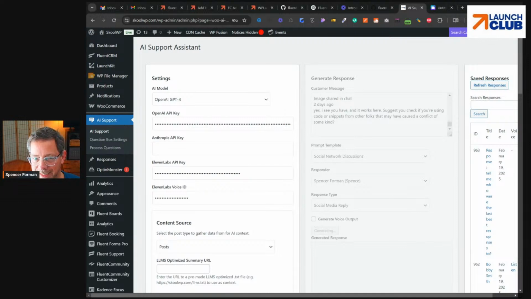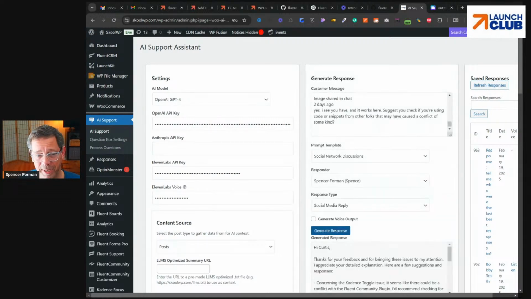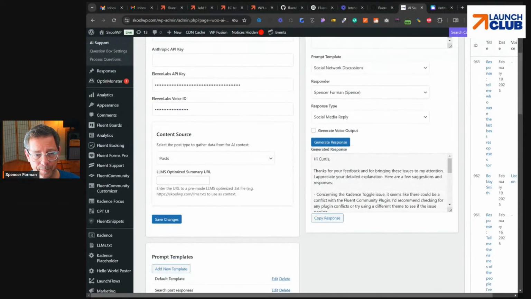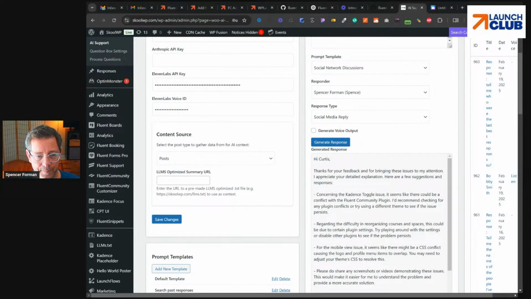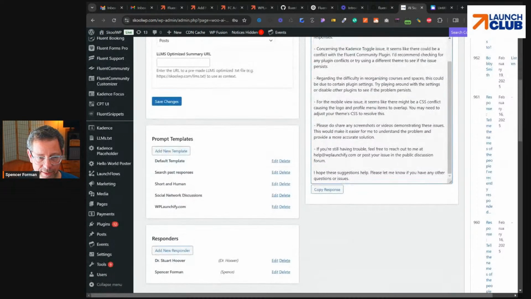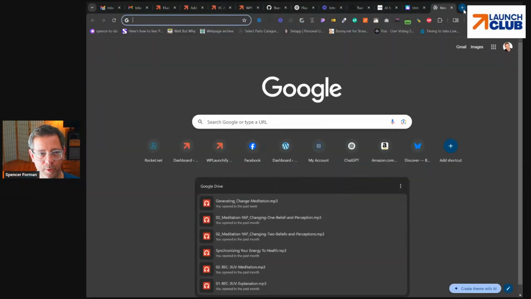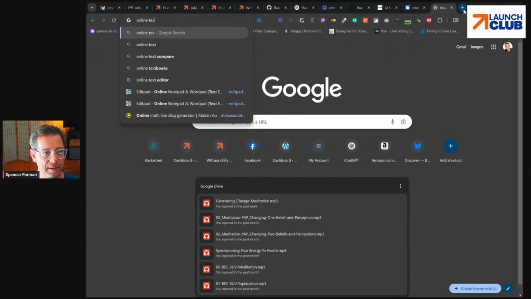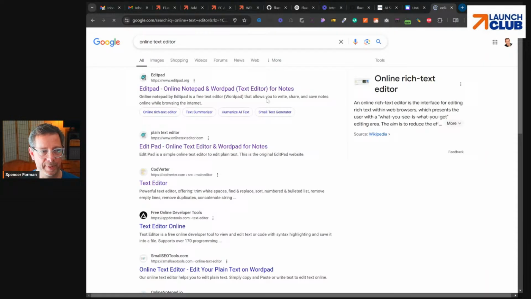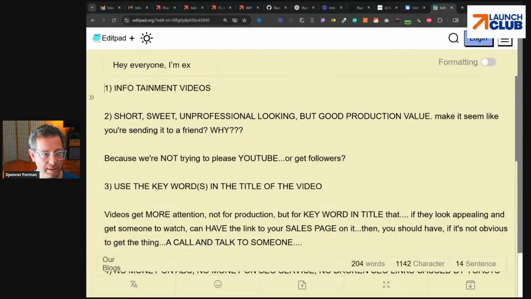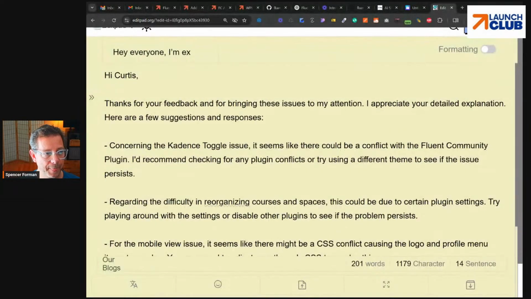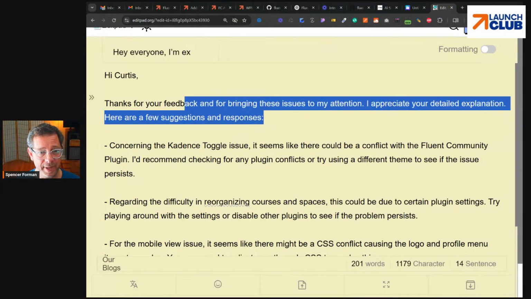Now, I haven't told it what to say or do, so I really should probably say, like, make a summary of it. But look what's happened already. Let's copy the response and let's just see. This is where the AI part is going to be super cool. Online text editor. Let's paste this for you guys to see. Okay. Kind of like responding in the way that that pre-arranged response template was, like a social media reply to somebody who maybe said these things. So thanks for your feedback. I appreciate it.